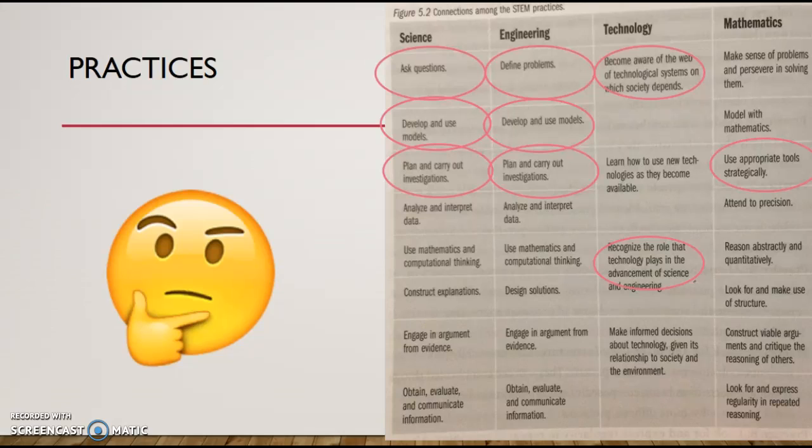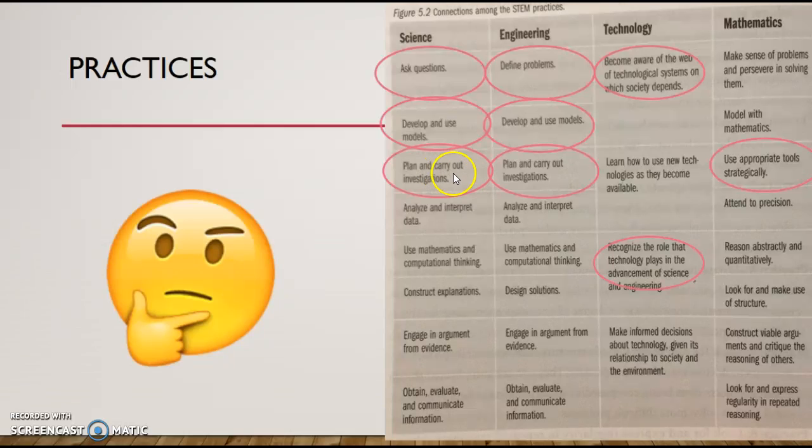All right, now taking a look at the practices from our textbook, I thought that there were a lot that connected to this activity. Obviously, for the science, ask questions was a big one, because we started with a question that we wanted to solve. For both science and engineering, we developed and used models. We developed the thermometer, which was more of the science aspect, I would say, and the floating garden was more of the engineering aspect. And in both areas, we planned and carried